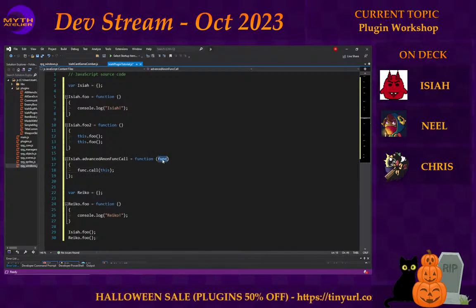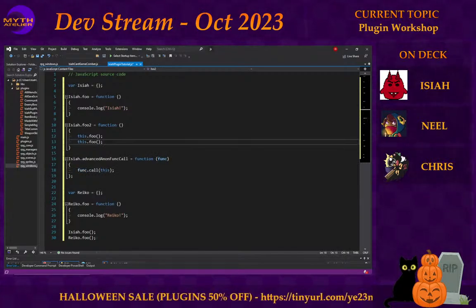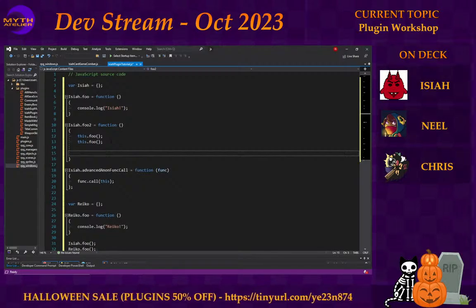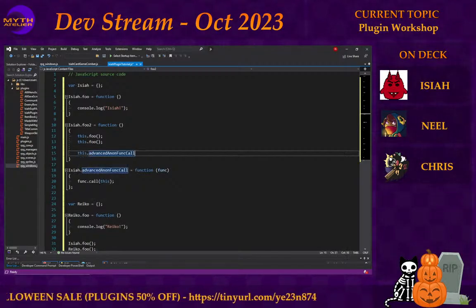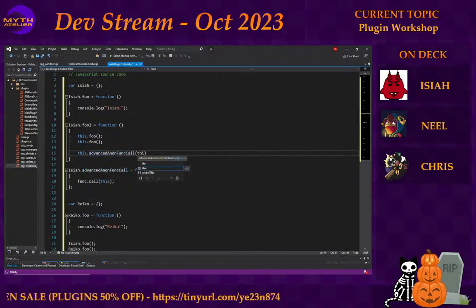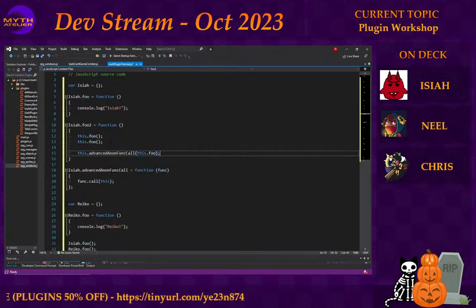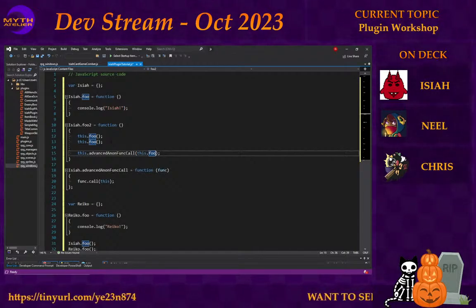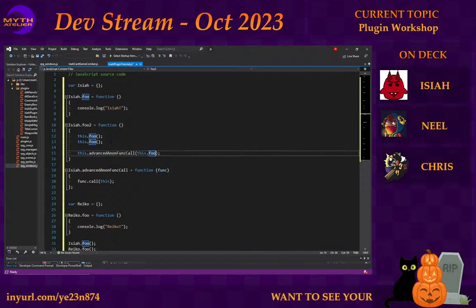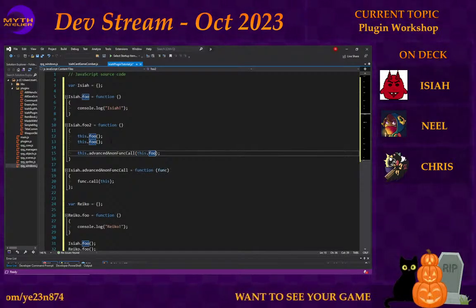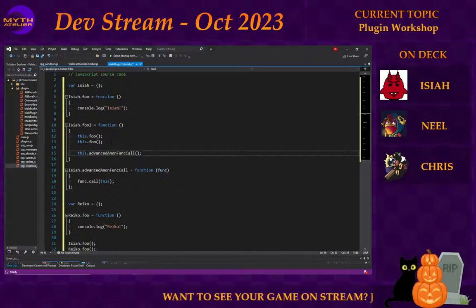But that will call the function that is passed. And so I could say this dot advanced and then pass this dot foo if I wanted. And it would be without the parentheses because I'm passing the function and not calling the function and then passing the return value. But something else that I can do is I can say